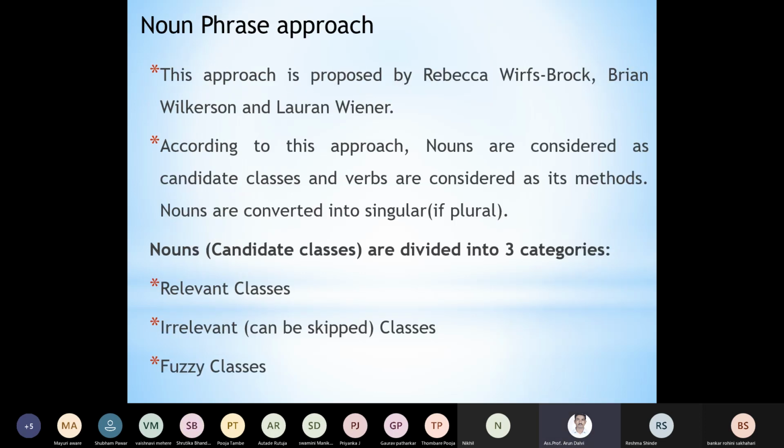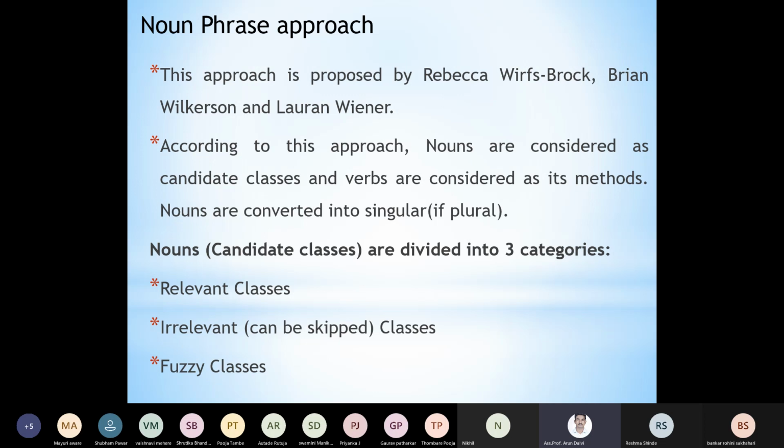First one is noun phrase approach. Everybody is aware of nouns. This approach is proposed by Rebecca Wirfs-Brock, Brian Wilkerson, and Lauren Wiener. These are the authors, or the researchers. According to this approach, nouns are considered as candidate classes and verbs are considered as its methods.